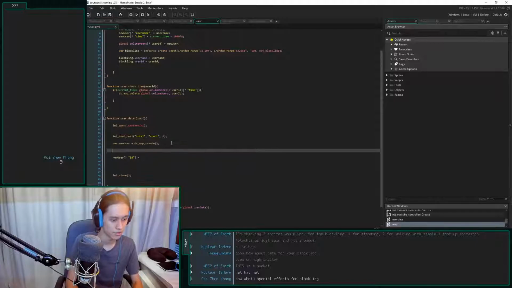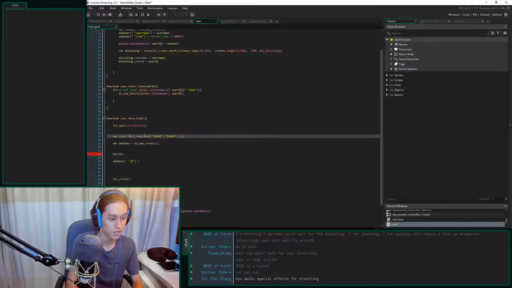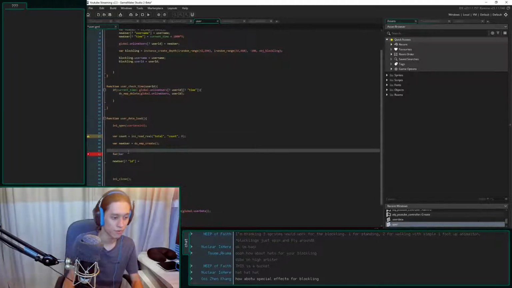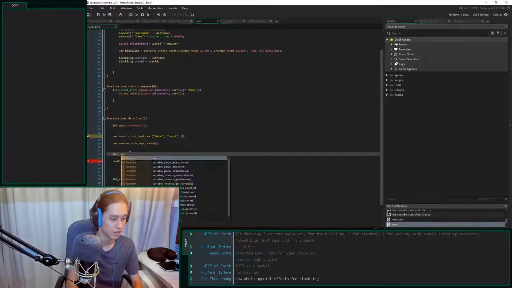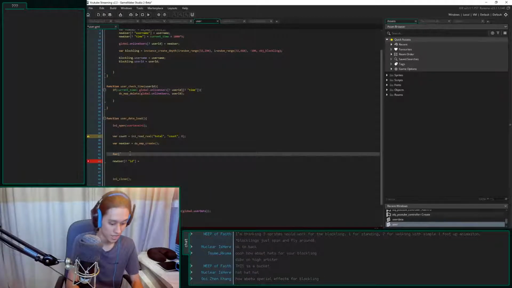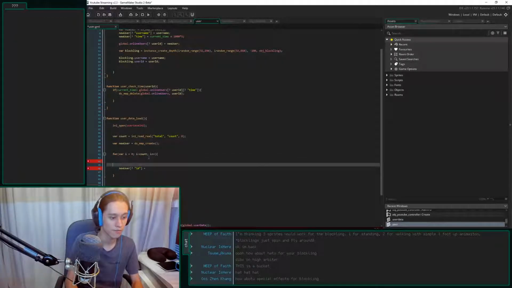So I want to first do a for, var count equals this, and then for, I think I can just do a repeat actually. Let's do a for. I don't know when I'll use the iteration. Var i equals special effects. Absolutely. I mean, this is some cool stuff we're doing. We can have as many effects as we want. i equals 0, i is less than the count, i plus plus. Here we go. So we're going to iterate through our stuff.